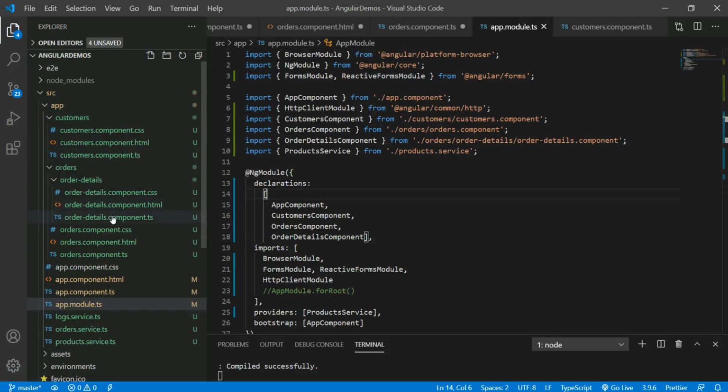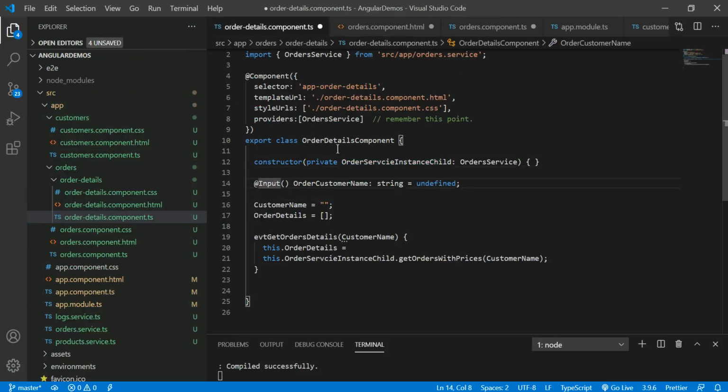Based on these points, I do not need to write the order service in this order details component. If I am writing the order service here, right now I am unable to get the proper data of the orders. Keep in mind that in the order details component, while I am providing the order service in this way, you are trying to create one more instance.